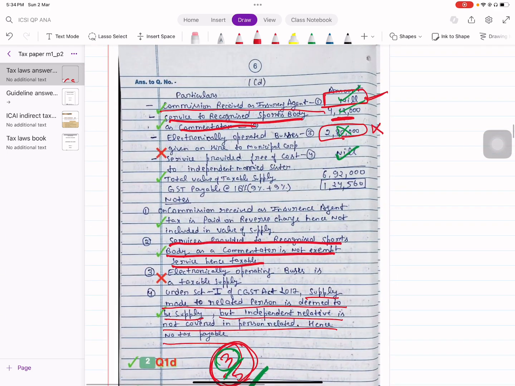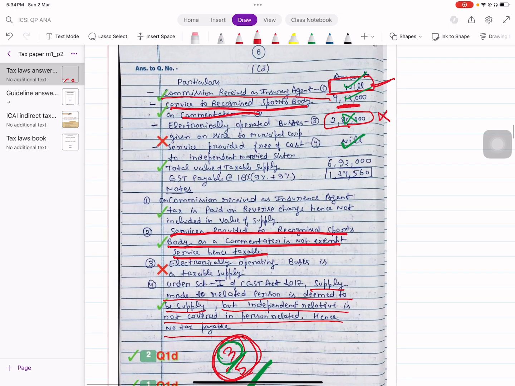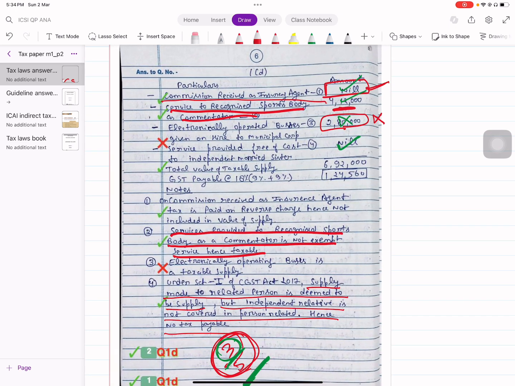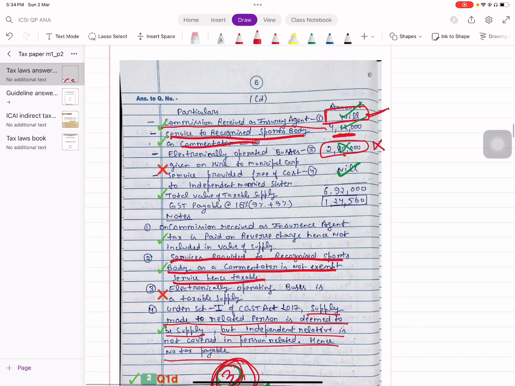I mean, I also thought that I would leave this question because I was not able to memorize the RCM and exemption list, but I thought at the time of examination, let's just give it a shot, and I had only watched the videos of teachers explaining the RCM and exemption list, and I was able to score 3 marks out of 5. I mean, it is not a bad mark.